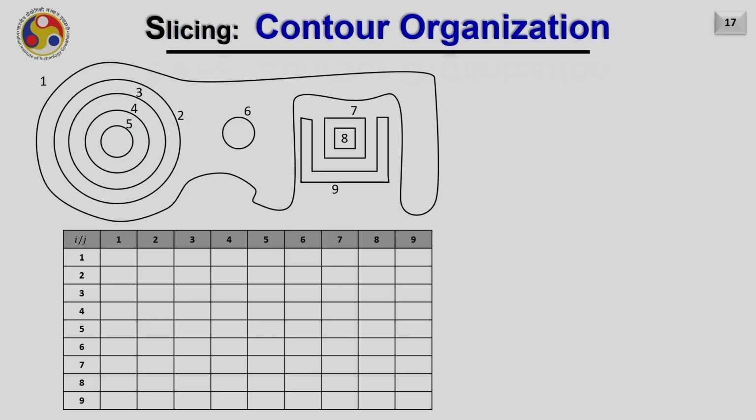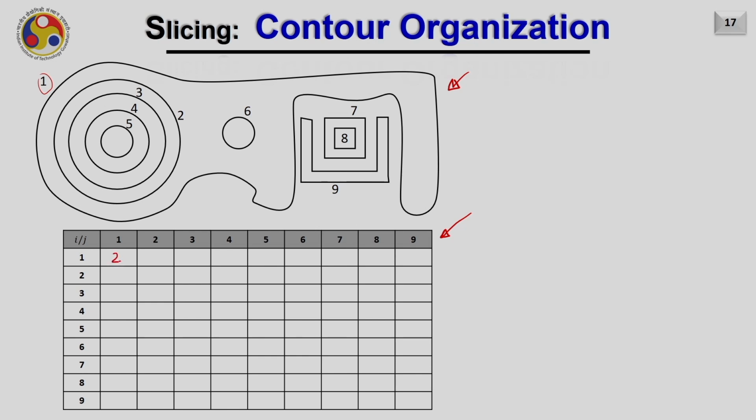Let us consider one more example quickly to see whether this data structure works fine for any cases. In this case, again I have 9 contours and we have made a relationship matrix with 9 by 9 cells. Hence now we can start with contour number 1, which is the exterior contour obviously, and contour number 1